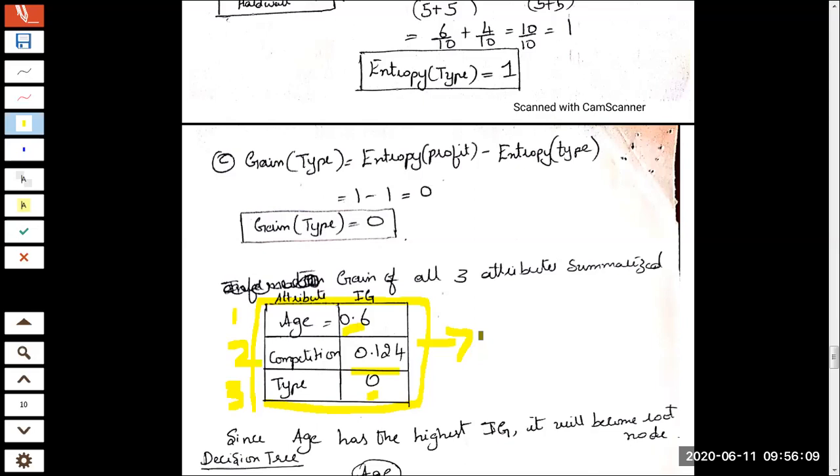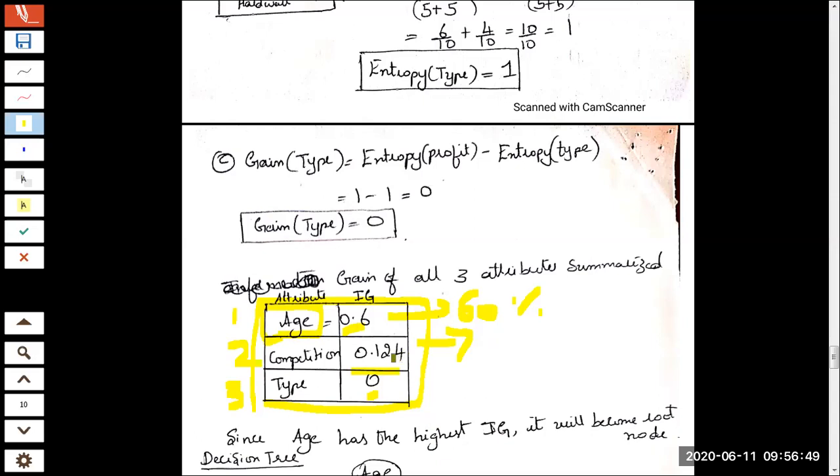To put this in this example, what is the contribution of the age attribute to reduce the entropy? By how much is it reducing the entropy? 0.6 means what? It is 60%. Meaning that if I choose the age attribute as the root node, 60% of my impurity in the data set will be reduced. That is the meaning. Once again, I'm repeating. Please be careful and attentive in understanding this. And you have a continuation of this in the next semester. It is not closing in this semester itself.